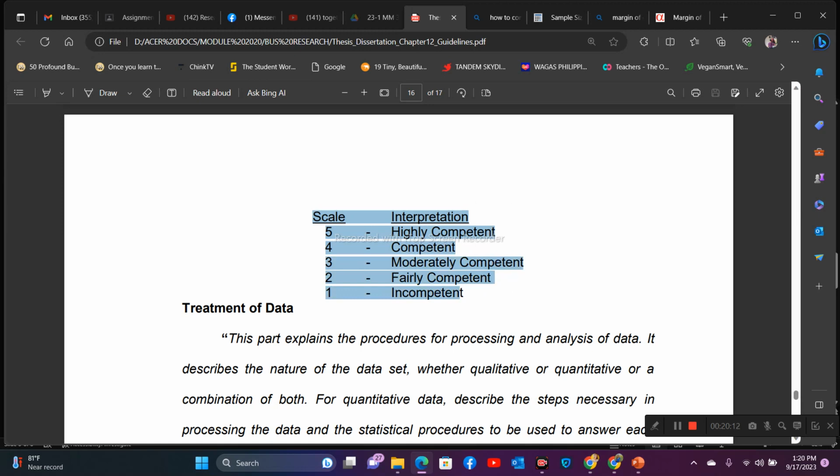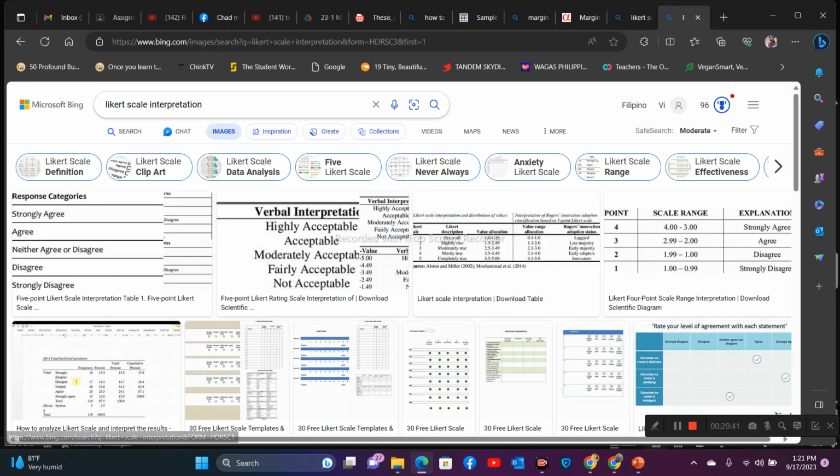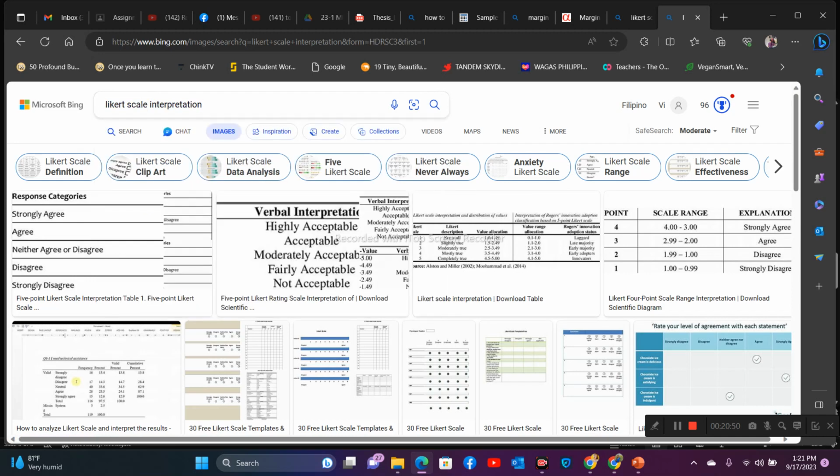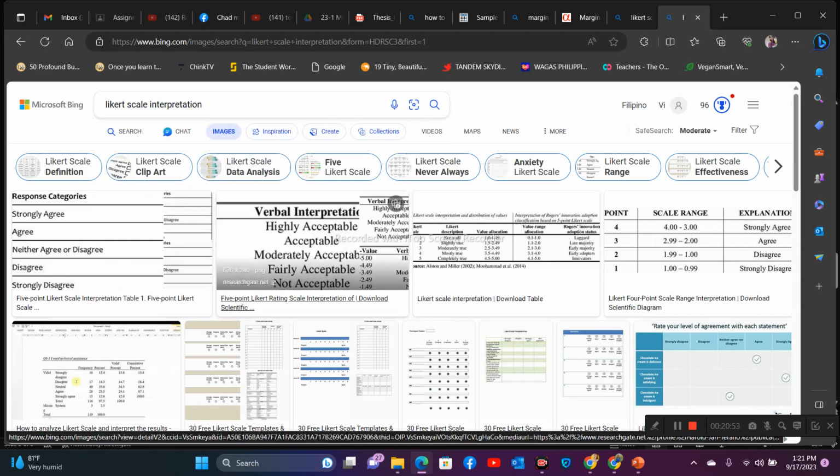So usually researchers use a 5-point Likert scale. 1 to 5, it's 5 points. It's an odd number, 5 points. And there is an interpretation. So actually, you can easily search Likert scale for different interpretations. Let's say for example, here, once you research, just type in your search bar Likert scale interpretation. Okay? And Likert scale will give you,